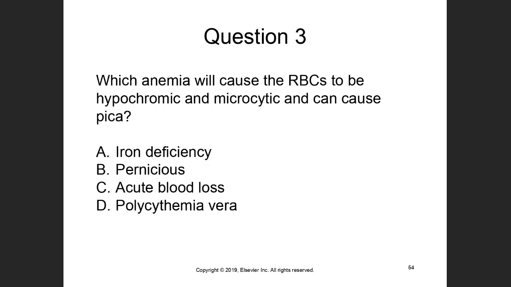And we have question number 3. Which anemia will cause the RBC to be hypochromic and microcytic and can cause pica? Okay, so